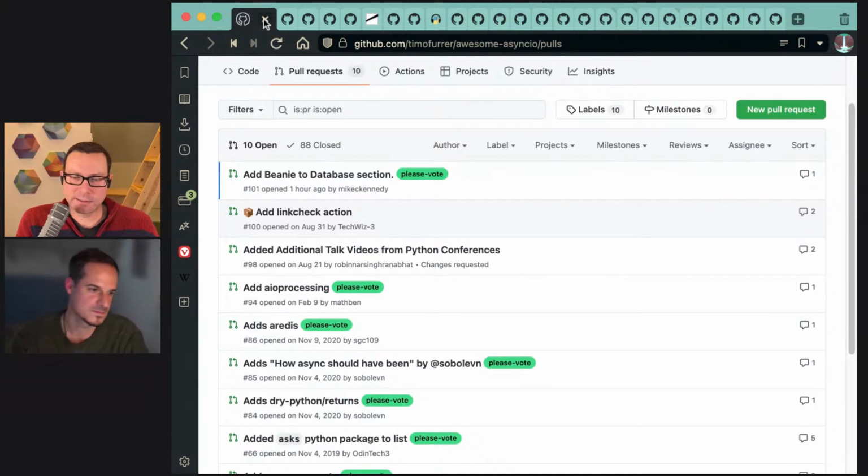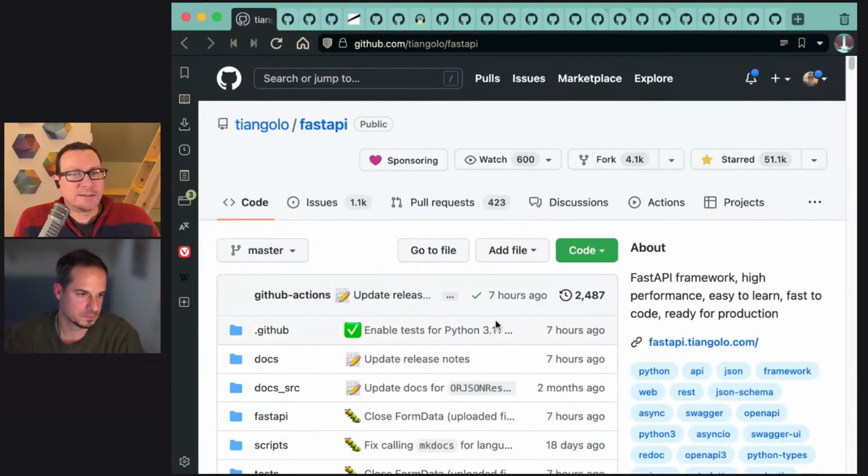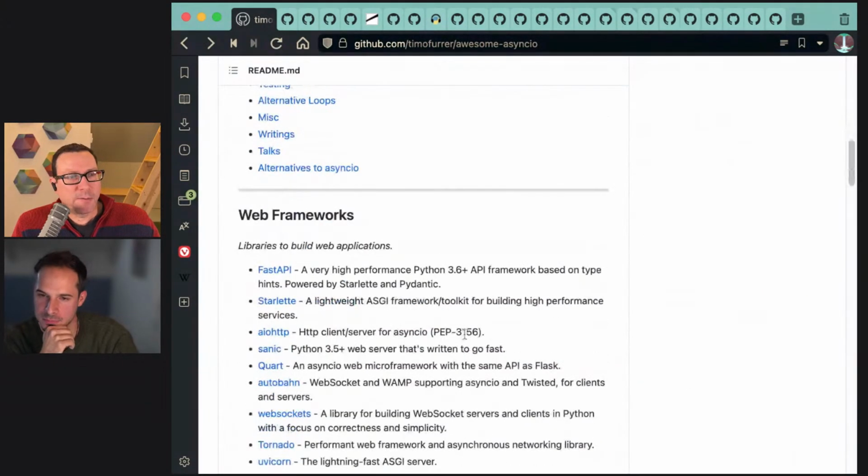So I think we'll just take it section by section or topic by topic. And I know you pulled out a couple things that are interesting to you. I grabbed a couple as well, and we'll just touch on them, kind of work on that awareness and cover the broad spectrum of what's available. So we'll take the top section that you have here, probably the most important section, I would say, which is web frameworks, right? And let me actually put this back real quick. So for the web frameworks,